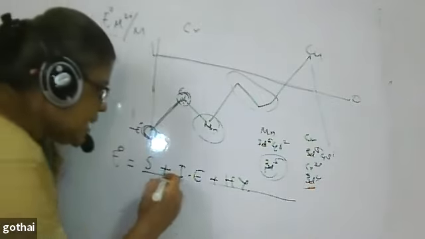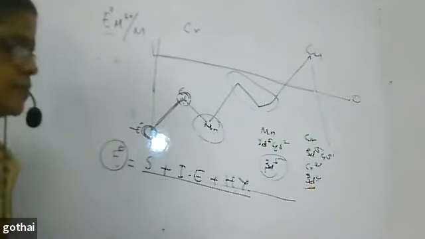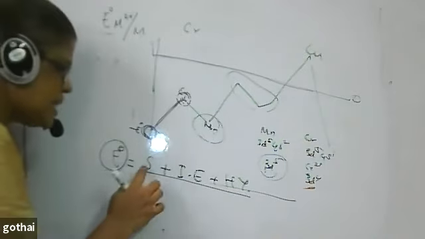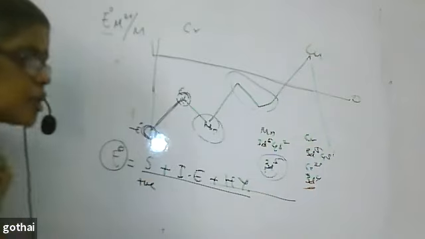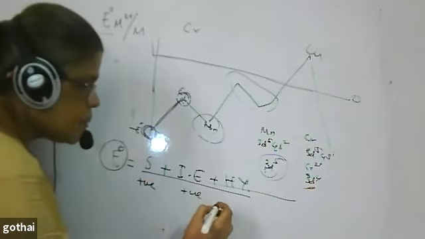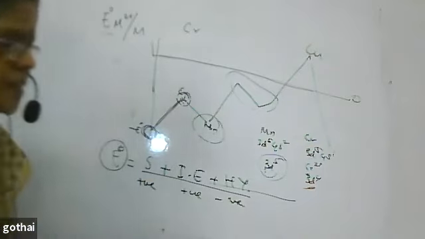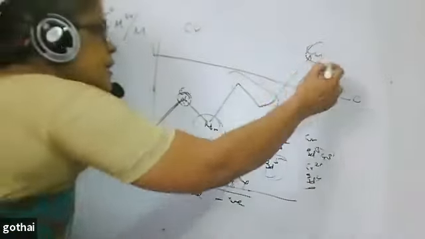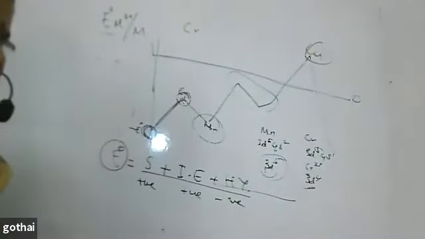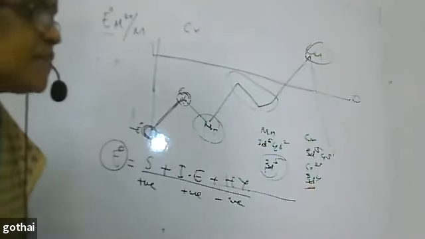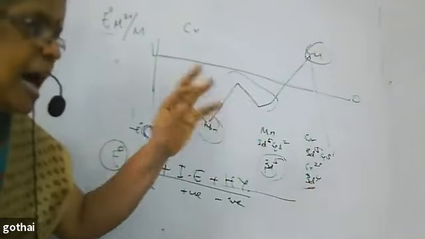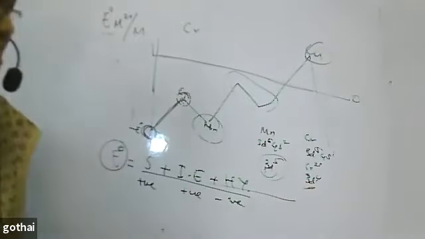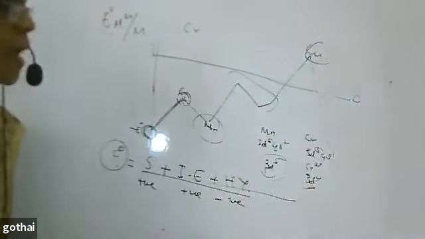Understand? These three only account for the E0 value: sublimation enthalpy, ionization enthalpy, hydration enthalpy. Sublimation enthalpy is endothermic, ionization enthalpy is endothermic, but hydration enthalpy is exothermic. Copper is almost at the end of the 3d series. The size of the copper atom is very small, very small. And it gets more hydrated. It gives more hydration enthalpy.